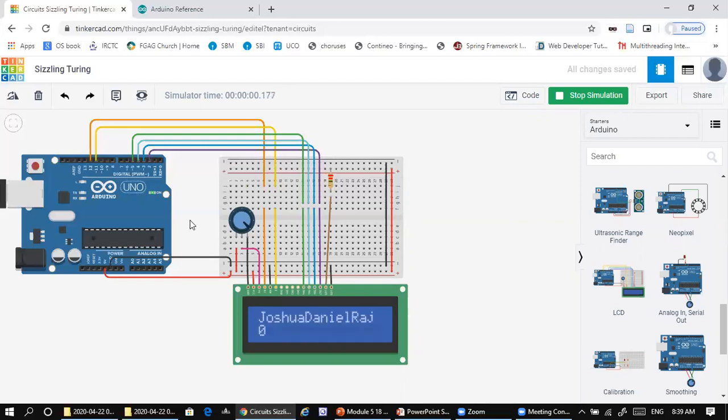Like this we can vary the brightness. Now we can write many programs related to it, such as recognizing a key press and displaying the corresponding key on the LCD, provided you know how to write a program for this. Thanks for watching.